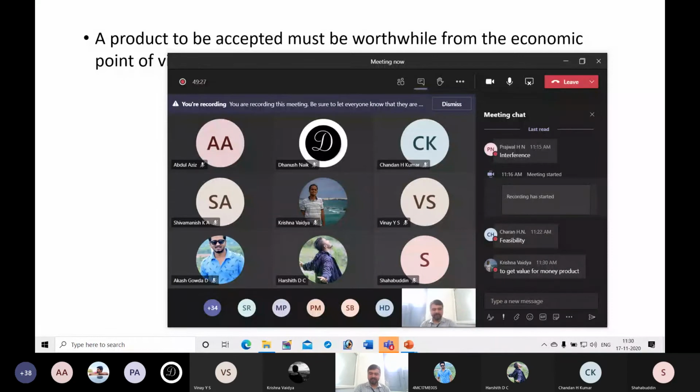Performance, reliability, usefulness, to get value for money. Usually if you go and watch any movie, because of corona you have not done so for the past 6 months, usually you call some movies paisa vasool. By paisa vasool,